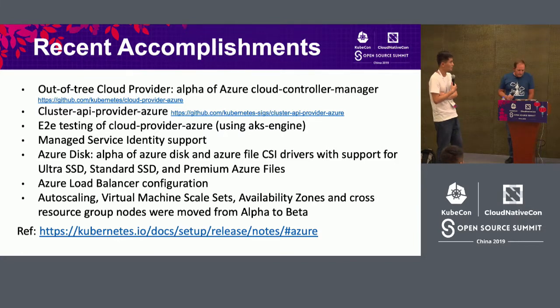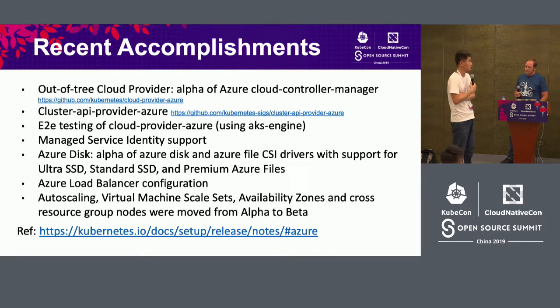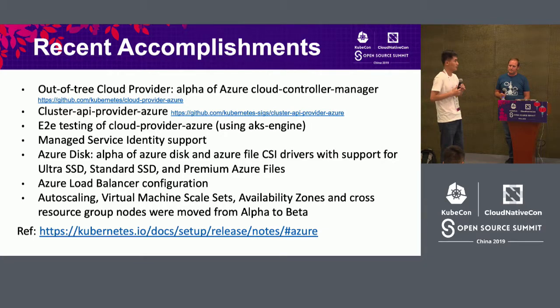Actually, the out-of-tree cloud provider and also the next one, cluster-api-provider-azure, have the same goal. They decouple the Azure implementation from core Kubernetes and from the core cluster-api, so that we may achieve the same experience across different clouds. So maybe you need a cross-cloud solution. For example, your China business uses one cloud, but your US business uses Azure, so you can reuse your work based on the same solution, but the detailed implementations are different on different clouds.